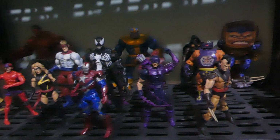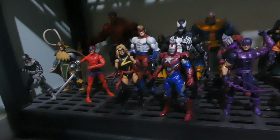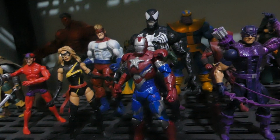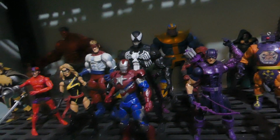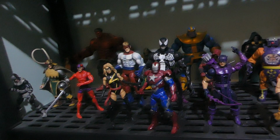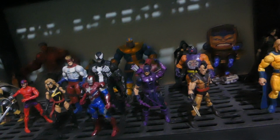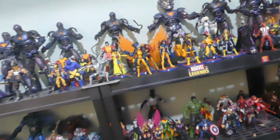Sentry Dark Avengers type of display here with a custom Iron Patriot at the front, which I still like a lot. That one turned out great. Awesome Venom there, which they've made a million Venoms now too. That's a Select Red Hulk in the back, Select Thanos in the back, and I think that'll do it for what we have